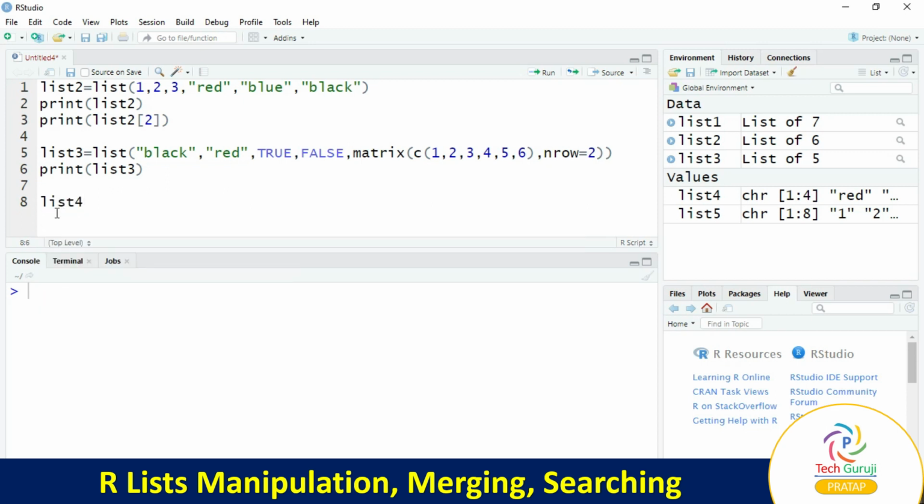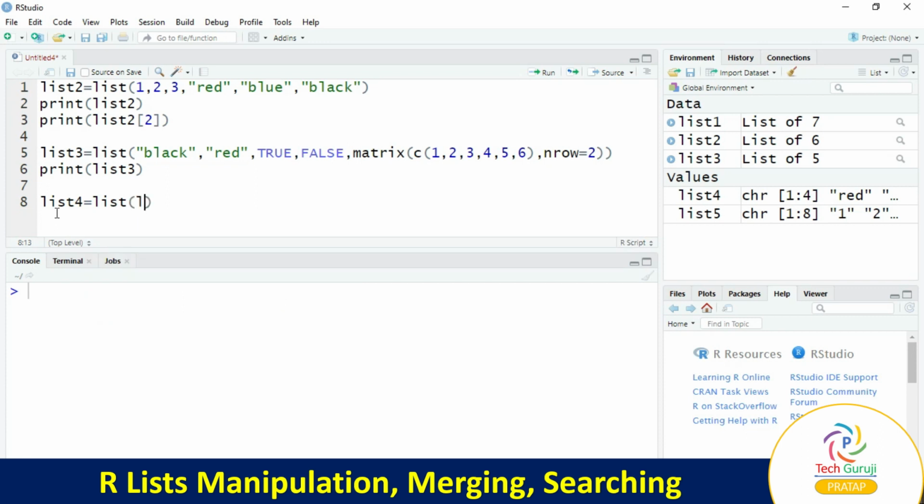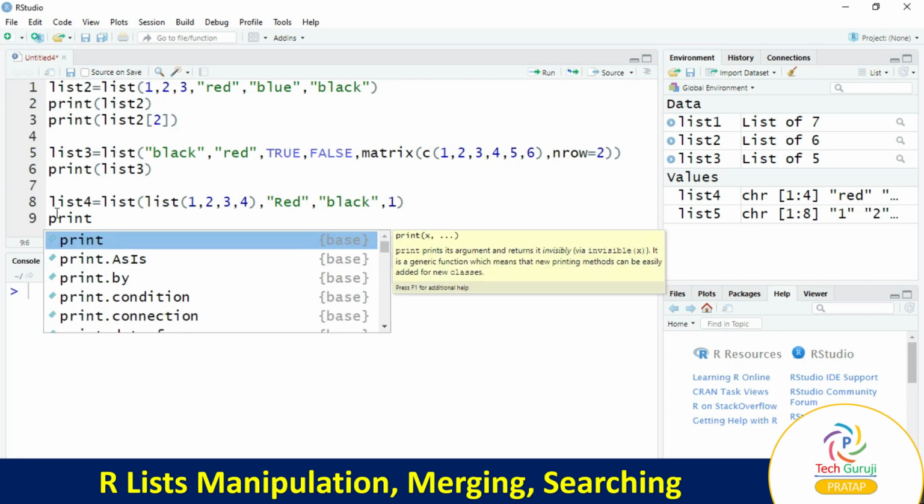Next, we'll take another list. List4 is equal to, we'll take the function list. We'll have a list within a list. So list, 1, 2, 3, 4, we'll take red, black, and we'll take one element, that is one number, and we'll print the list4.